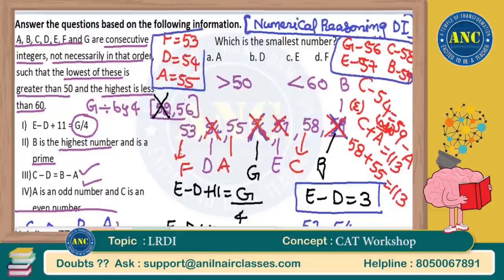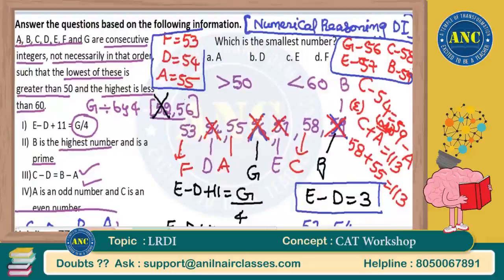F is 53, D is 54, A is 55, G is 56, E is 57, C is 58, 59. 59 is B, 58 is C, 57 is E, G is 56, A is 55, D is 54, F is